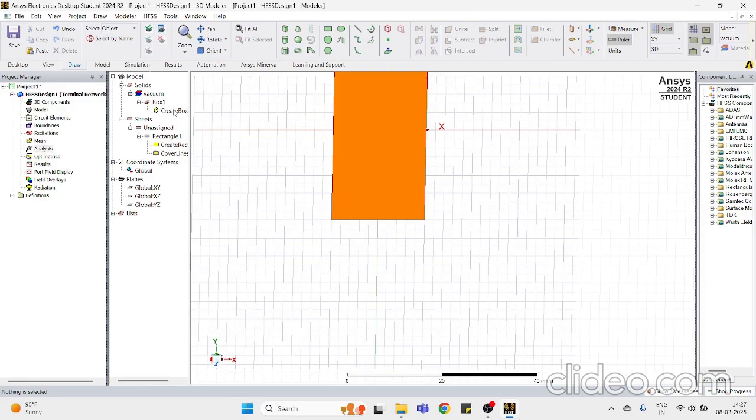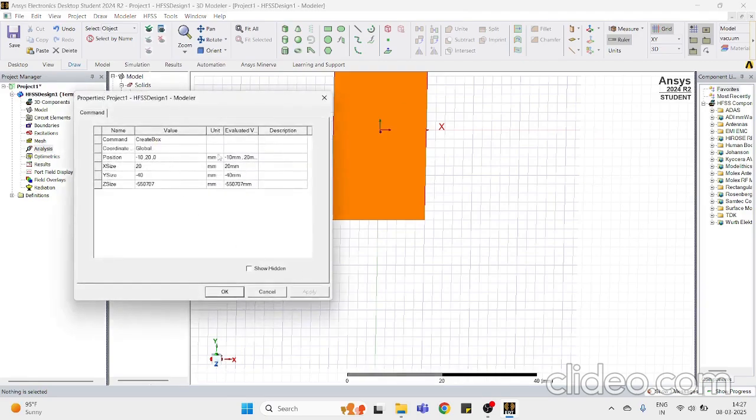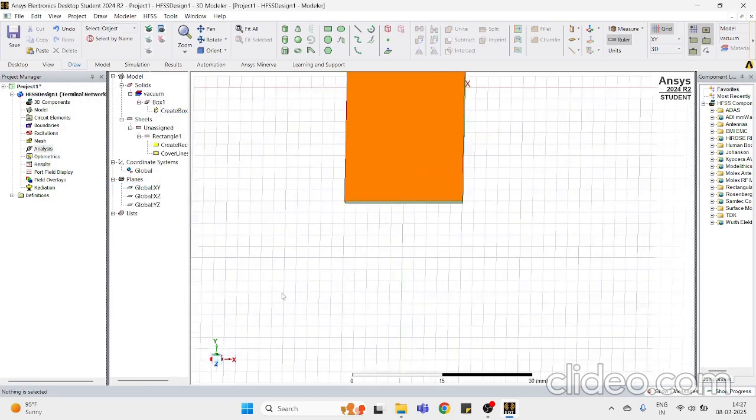So what I'll do is I'll just go to this create box and you can see I've given it a very huge height. So it's causing some issues. So I'll just give this height 1.6 mm, which is what is required. And again, I'll make sure this is minus x by 2, minus y by 2, 0, 20, and 40. Now if I apply, now you can see